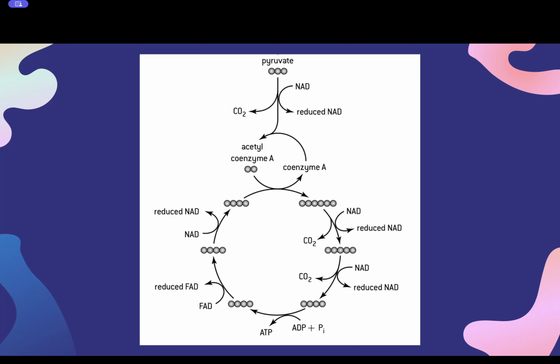So we know that pyruvate converts into acetyl coenzyme A. Then that acetyl coenzyme A deposits the acetyl group and creates a 6 carbon compound. After that 6 carbon compound, there's 1 carbon dioxide that leaves and an NAD that gets reduced. That 6 carbon compound turns into a 5 carbon compound, where again NAD is reduced and CO2 is removed. As you can notice, in every single one, CO2 is removed, and then it reduces by 1 carbon in each